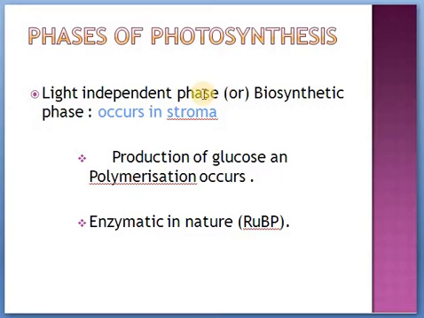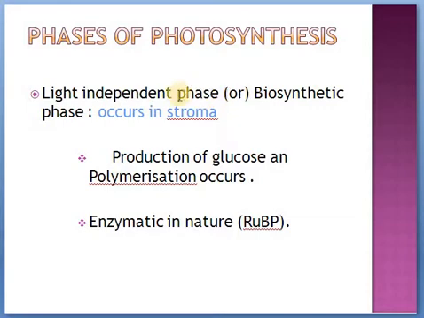Light dependent phase occurs when light is present, but dark phase occurs throughout 24/7, because it doesn't require light. There is a difference between light not being there and light not being used. So this phase doesn't need light, so it can occur throughout the day, 24/7. So this is light independent phase. Scientists thought that instead of dark phase we can go with light independent phase. That would be correct, so they use this term.